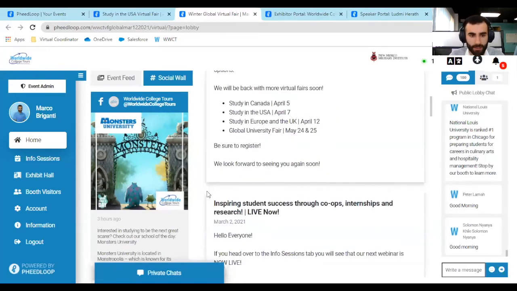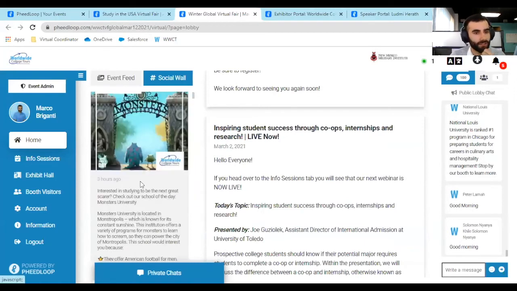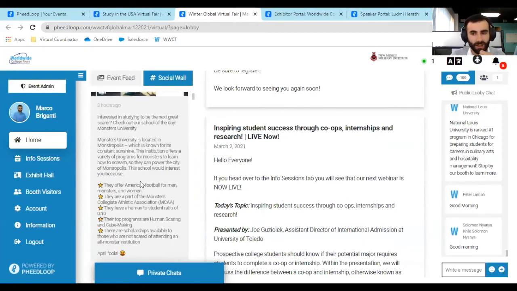You have all of our announcements. You have our social media to see all the fun stuff we have going on. These are all the different tabs that we're going to be clicking through. And then on the right-hand side is our public chat box. It's important to know that we have a public chat box for every page and profile